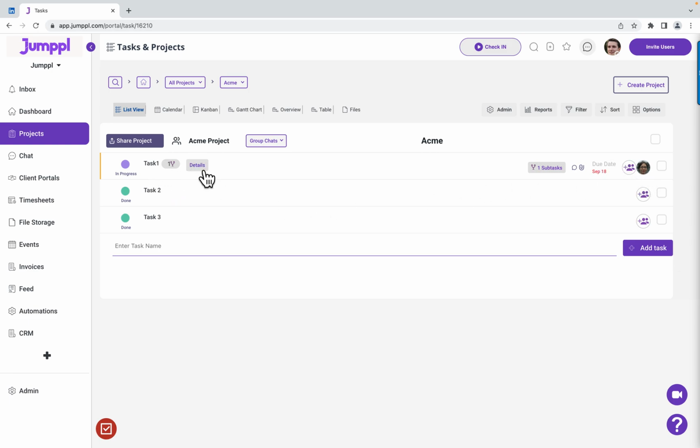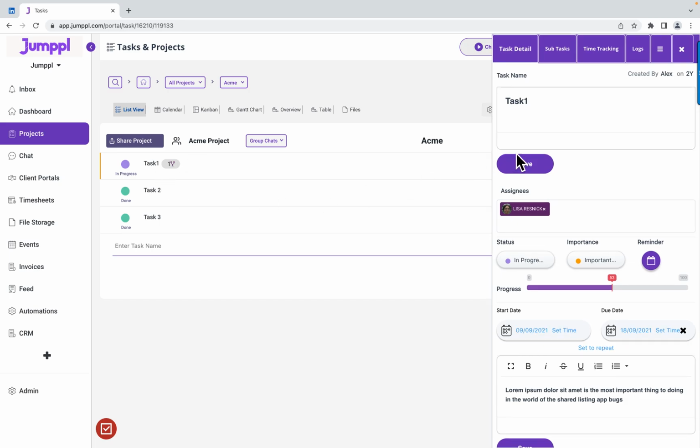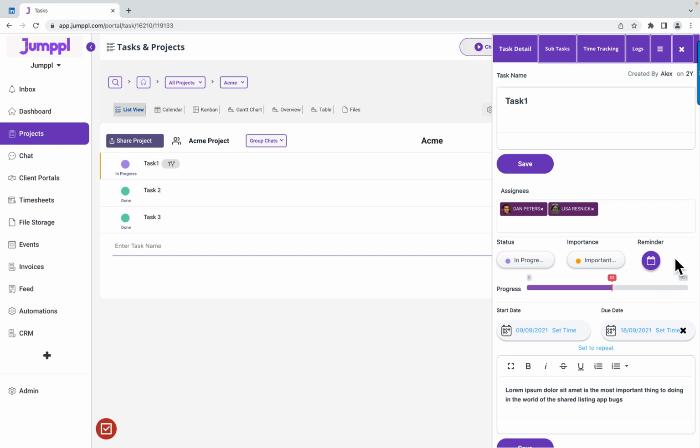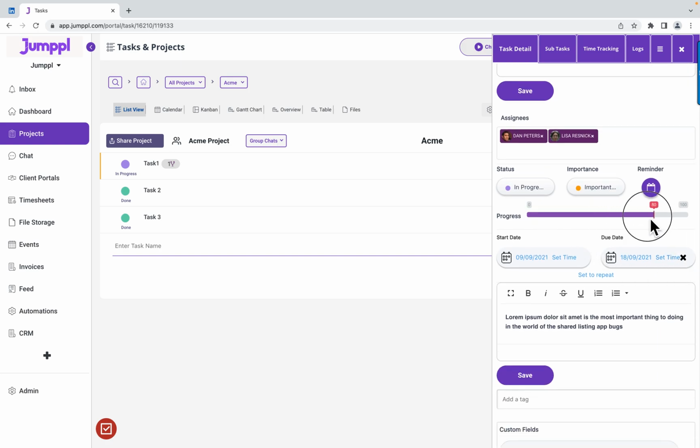But if you click on the details here, or even click on the task there, you'll see a pop-up on the left here, which stores all the information, and you can store a lot of information with the task. So like task name, you can change the task name and save assignees, so you can have multiple assignees for each task, and status, priority, reminders, so you can set a reminder for this task as well, for a future date. Progress, you can manually set the progress of this, start date, due date,